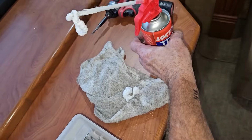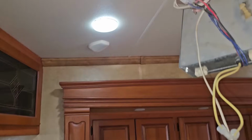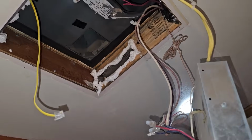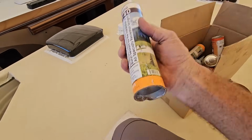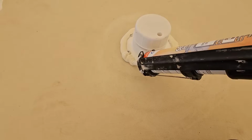Of course, you guys might be saying, if you can take the few minutes to install spray foam and baffle everything off, why couldn't the factory? They're making a lot more money than you. I think I would have to say, I agree with you. Why can't they do that? Really, the next step is for me to use this, basically, I would call it a